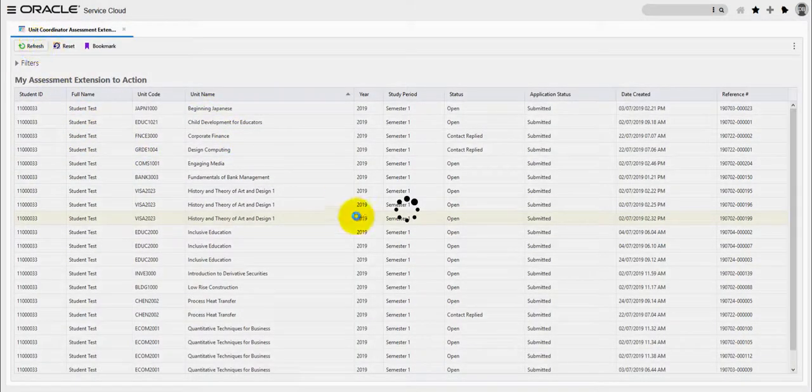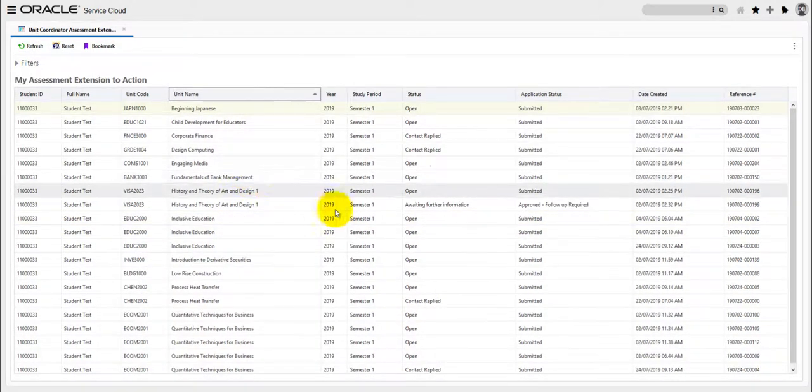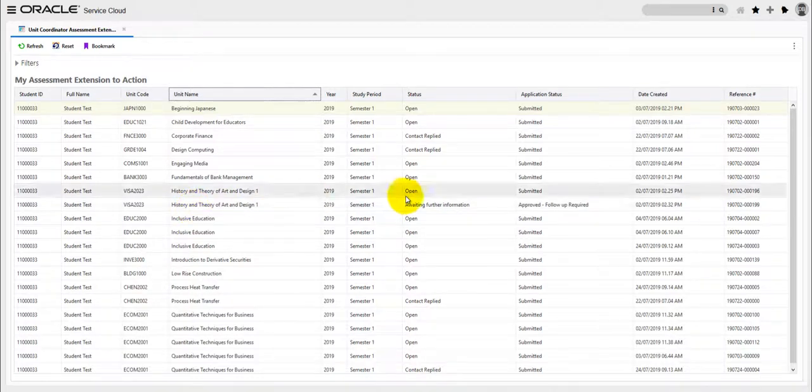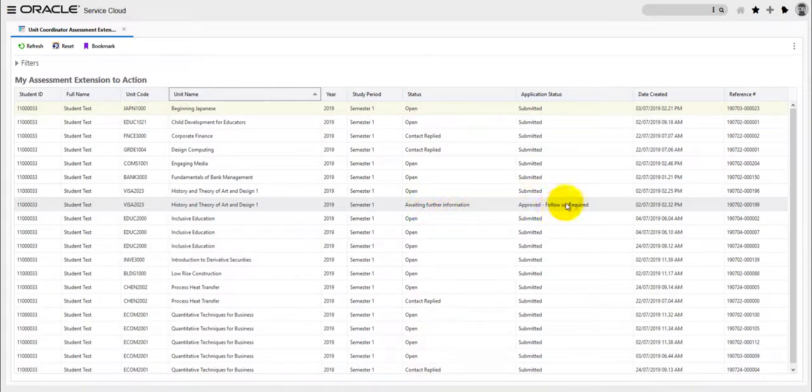If you refresh your unit coordinator report, your main dashboard, you'll see that any of these incidents of type scheduled assessment where you've approved it but said you don't know the details are going to stand out, because they're going to have a status of awaiting further information and approved follow-up required. So if you click on it now,